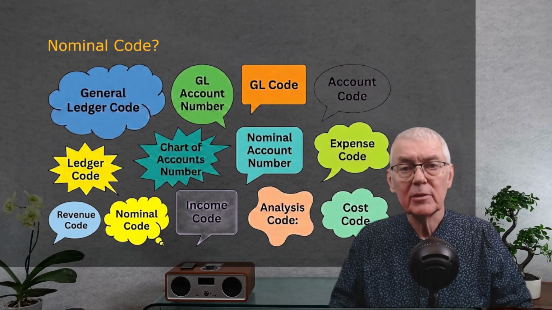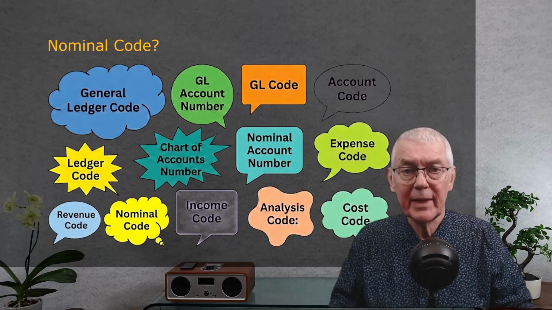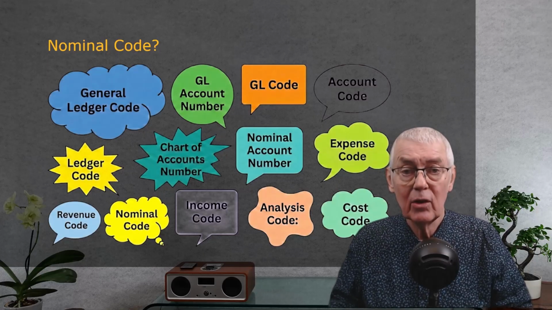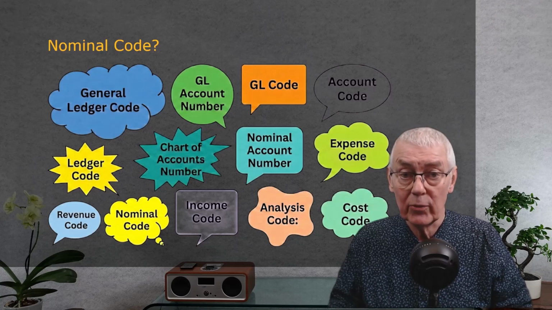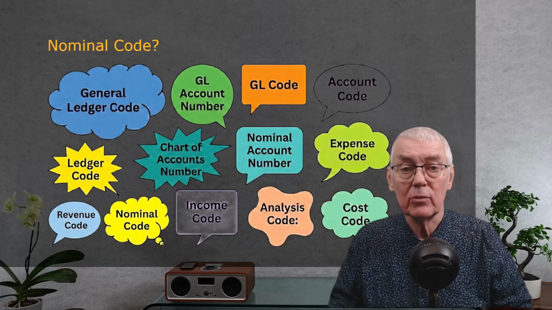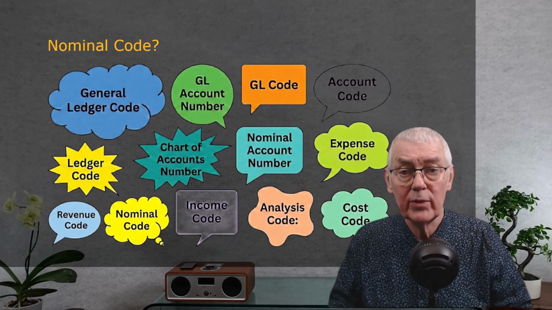First, let's clear up some confusion. One of our biggest self-inflicted wounds is terminology. Look at this slide. You might call it general ledger, or nominal code, an account code or a cost code. Functionally, these are all the same thing. They're all unique identifiers for your transactions. We're going to call it nominal code.